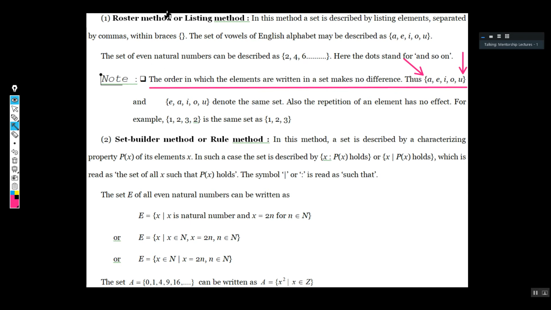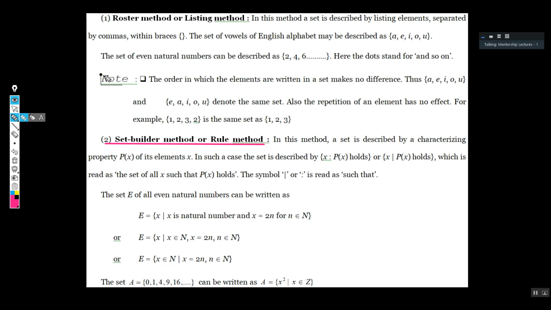So that's what it is. Very simple to understand. I need not expand it more. Similarly, this is to be understood carefully. That is the set builder form. What is set builder form or rule method? We will be giving the relation in the form of a rule, in the form of a set.